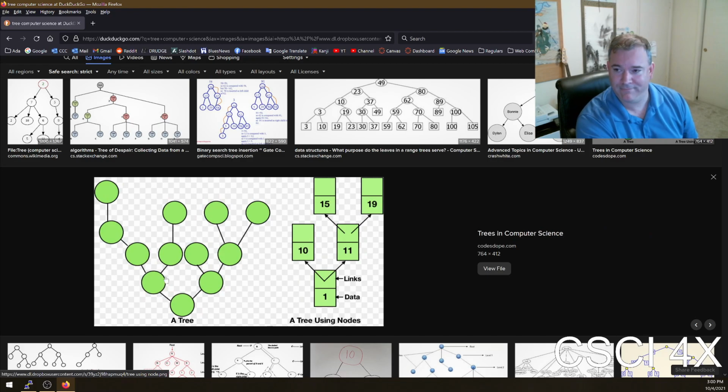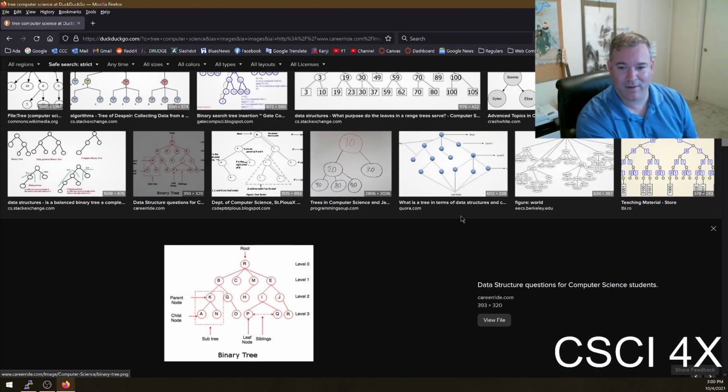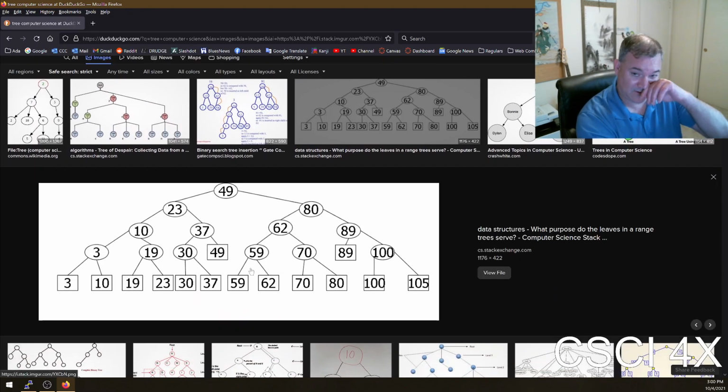That's upside down. And the most common tree is called a binary search tree. The rule for a binary search tree is that everybody to the left is smaller than me, and everybody to the right is bigger than me.